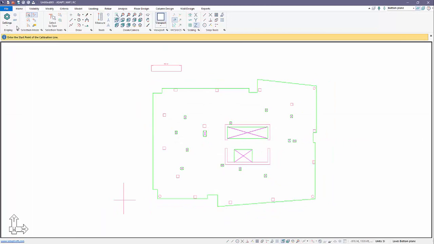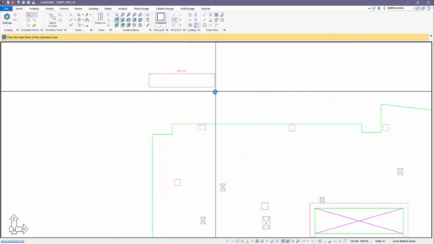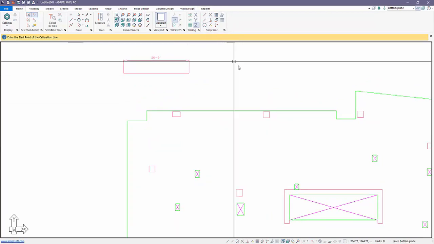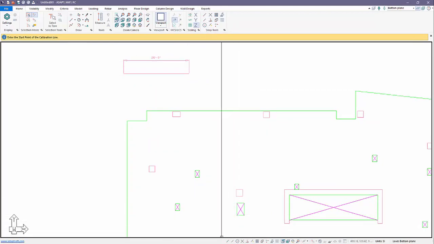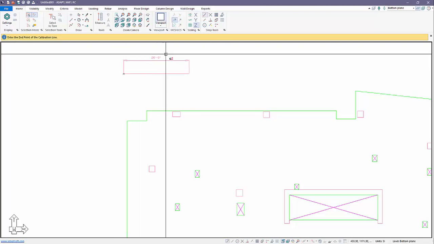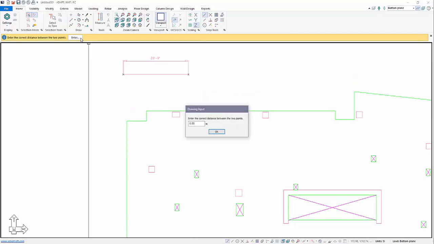The program is now prompting us to enter the start point of the calibration line. Now this is in feet, so we're going to go ahead and convert that to metric. Using my snap tools from the home menu located here, I could also generate snap options down at the bottom at the user access bar towards the bottom of the screen. We're going to select snap to endpoint. This is the start point of the calibration. This is the endpoint. And now I need to input the distance. In this case, it's going to be in meters. We'll go ahead and just call this 6 meters.